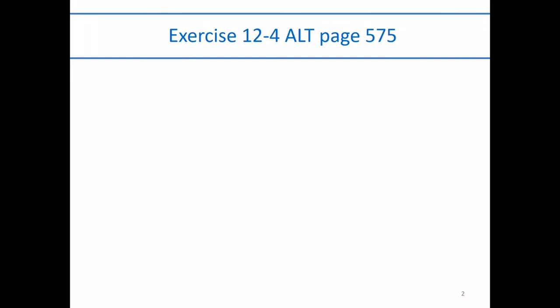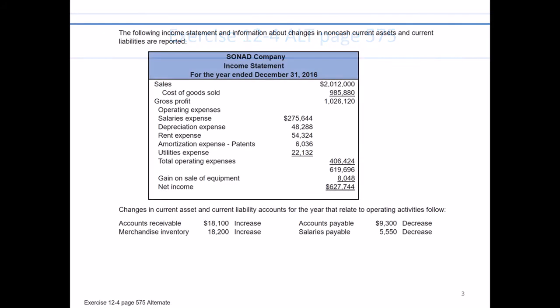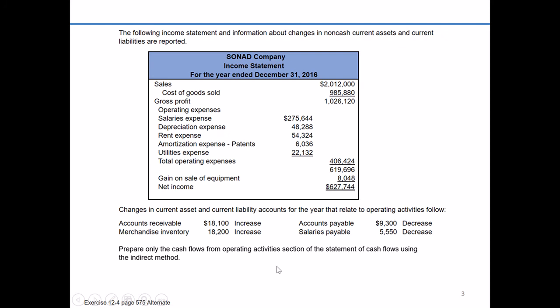In the alternate version of exercise 12-4, we're initially presented with income statement information for Sonnet Company in addition to some select account balance changes, and we're asked to prepare our cash flows from operating activities section of the statement of cash flows using the indirect method. If you recall from the chapter, there's two possible approaches to our operating activities section. There's the indirect method and there's a direct method. Like many companies, Sonnet prefers to use the indirect method, so that's what we're going to use to prepare this